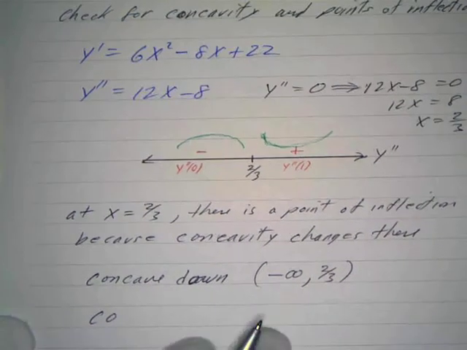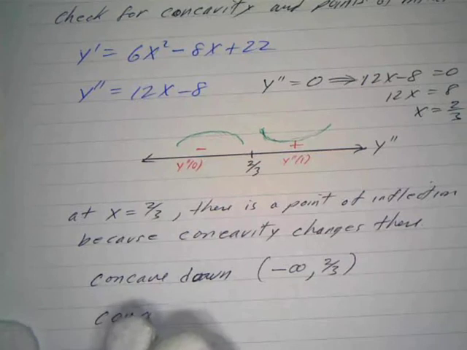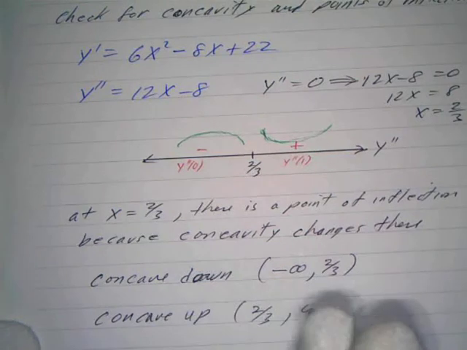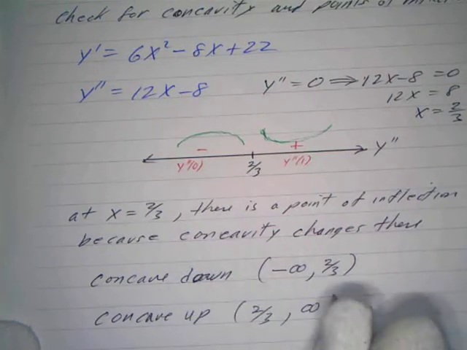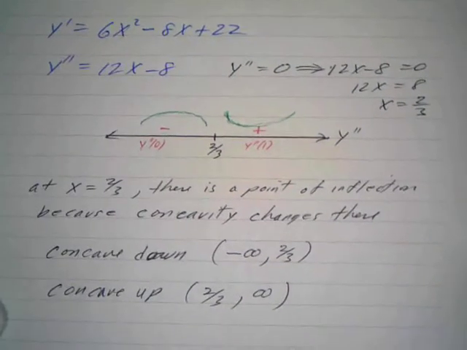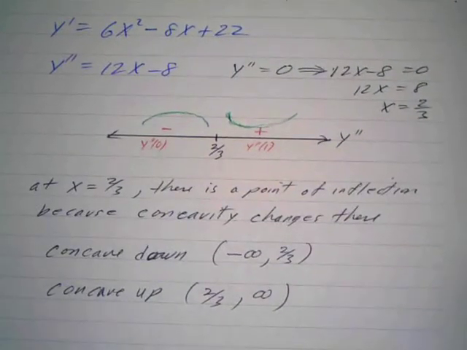It's concave up from 2/3 to positive infinity. And we have a point of inflection because concavity changes, all right? You could probably put that in your calculator and graph it just to see what it would look like. And when you did that, you could actually find